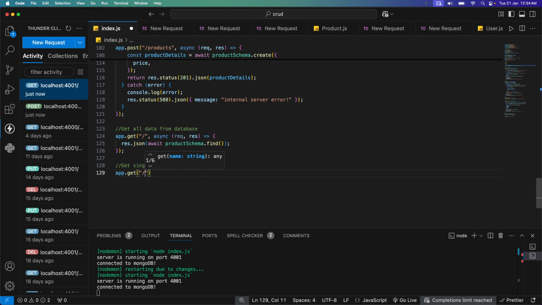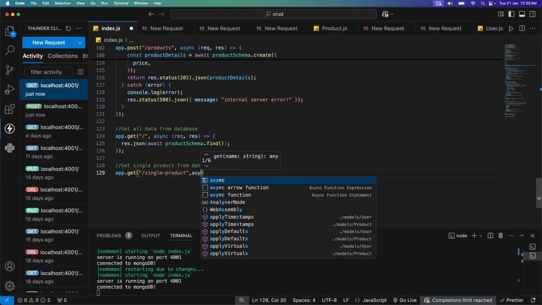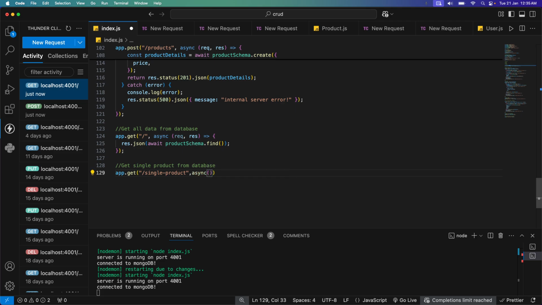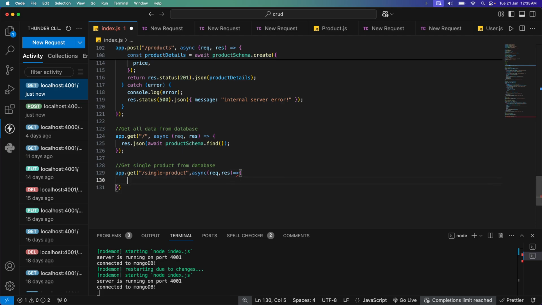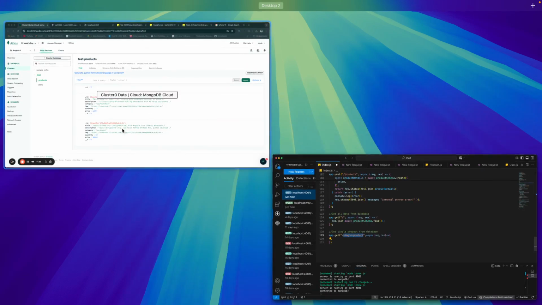Inside the app.get, you can write this endpoint, single product, and this function will be async again, and it will take request and response. Okay, now inside here, what you need to do is, okay, so what we can do here, see inside the